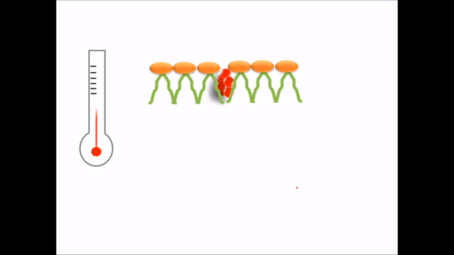When the temperature increases, it will hinder the movement of phospholipids, and it prevents the decrease in the fluidity of the membrane, and when temperature decreases, it will prevent it from freezing. Okay,